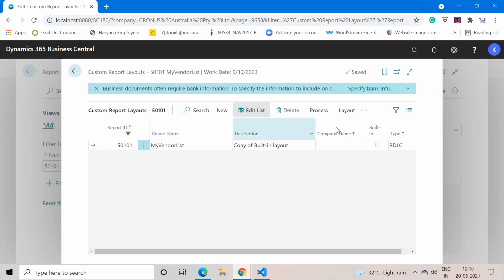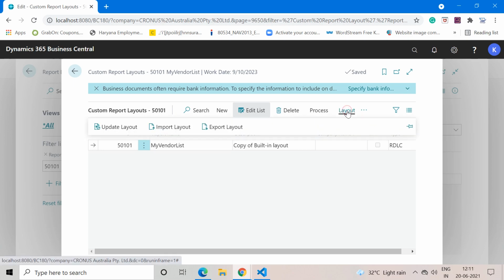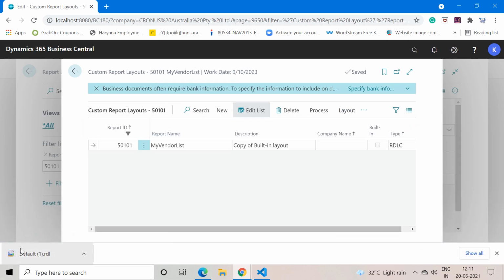And here what we can do, because it is currently available for my original report and it has the layout attached of the original report. So we can go to the layout and click on export layout, and see it has exported the current layout of the original report.